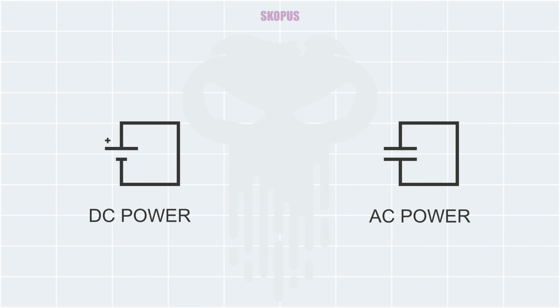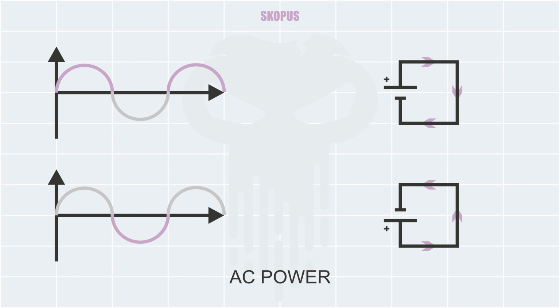The first step of understanding basic electronics is to know how current flows through a circuit. In this case, we have DC power and AC power shown in the video. For DC power, current always flows from the positive side to the negative side. And this is a set rule. We consider it like this. Electricity always flows from the positive side to the negative side on a DC power supply. But what about an AC power supply? Well, it gets a little bit more complicated.